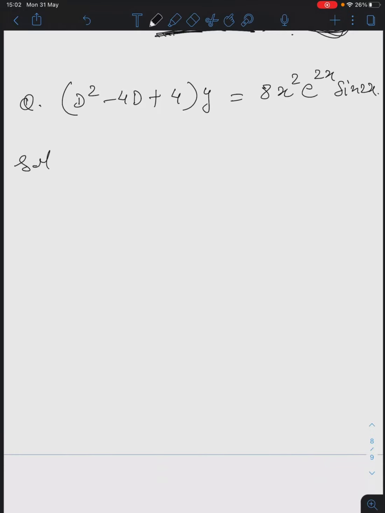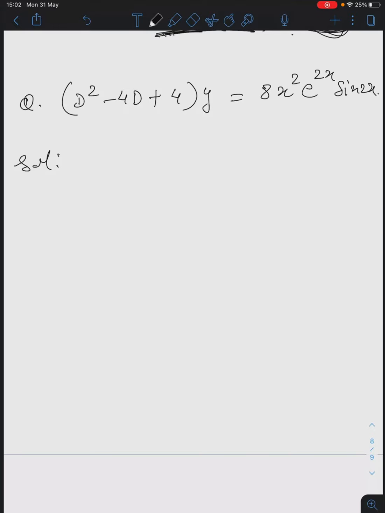Now see, in the exam also you may get something like this only, because here the function is multiplied with e to the power ax as well as x square also. So almost every topic whatever you have learned will be covered with this problem. You are finding complementary function, you are finding particular integral, not of a particular case, but all possible cases are involved here. You have a trigonometric function, sine function. That function is multiplied with e to the power ax. That function is multiplied with x to the power n. So all whatever you have learned till now, everything will be covered with this problem.